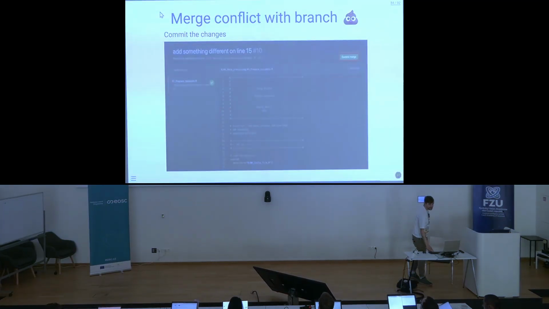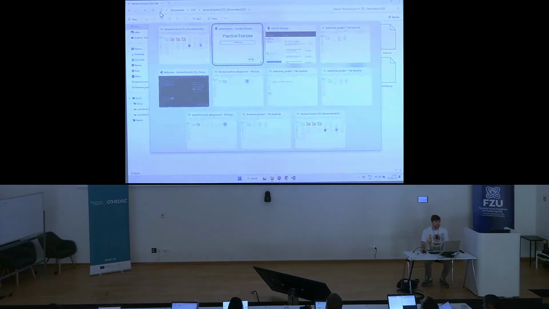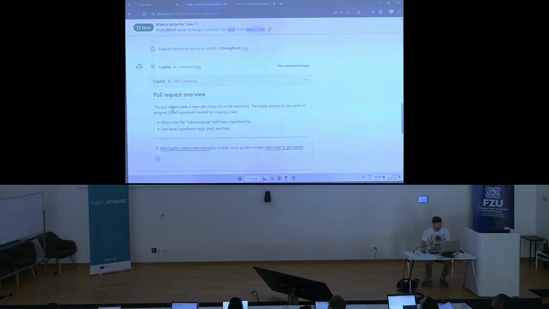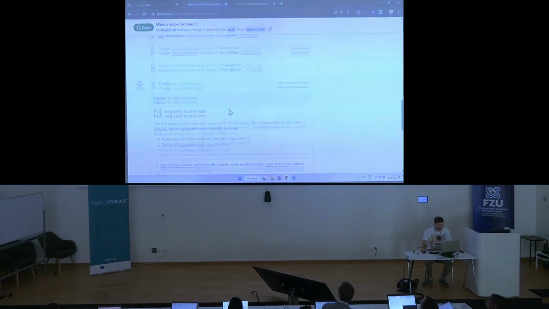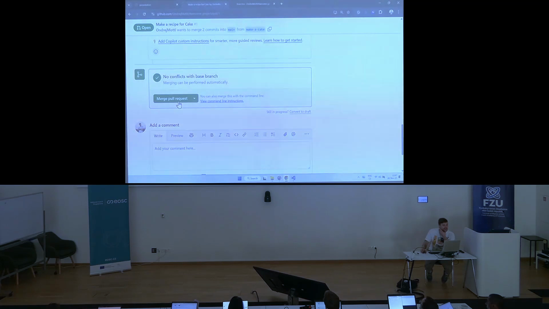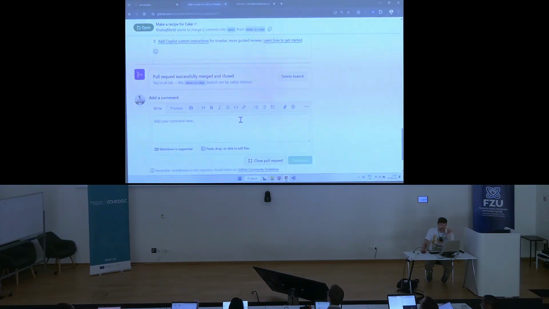And it's, I think, nicer. It can be the same, and it's online. It's when you're doing the pull requesting, right? So if I try to do it, this pull request adds a new cake, so it will actually do an AI review. Cool, thank you. And here is the button. Here is the magic button, merge pull request. Automatically, it will say that it merged pull request one from this branch. And this is the description. You can change it if you want. I will commit merge, and now